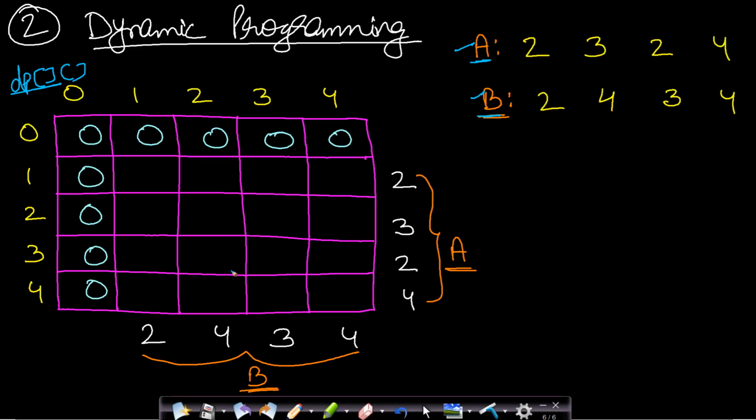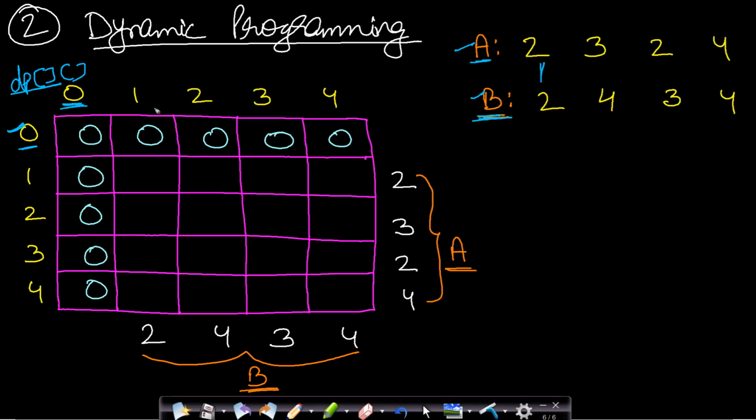Once we draw the DP table, I will make it of size length of A plus 1 by length of B plus 1, because this 0 indicates that you do not have any element in A and this 0 indicates that you do not have any element in list B. Whenever list A or list B is empty, you cannot draw a line from list A to list B, because in order to form an uncrossed line, list A and list B should each have at least one element. So if either list has 0 elements, the number of uncrossed lines will be 0. So the first row and first column will be 0. I hope you understood this point.